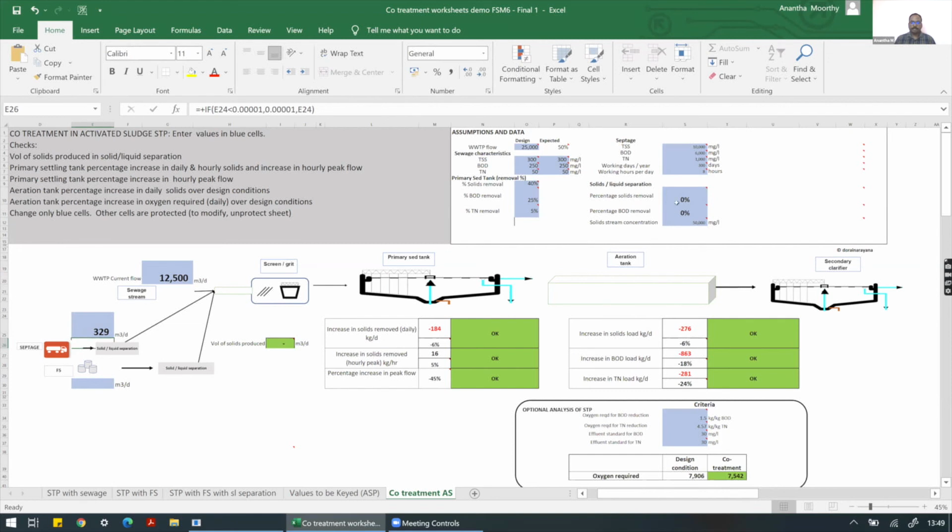But in this scenario of solid liquid separation, you will have an additional factor to look at, that is 54 meter cube of sludge is also additionally generated from this unit. Then you have to check whether your existing STP solid handling capacity or equipment can handle or accommodate this additional volume of sludge generated. With this, I stop here. I'll pass it on to Krishna for demonstrating the other simulations.